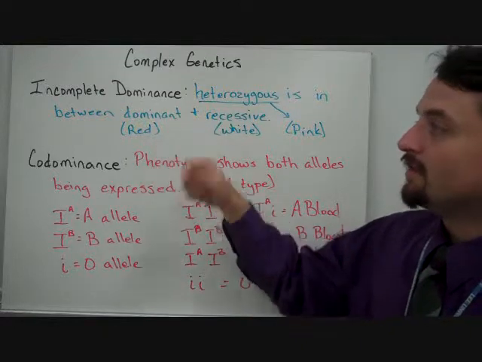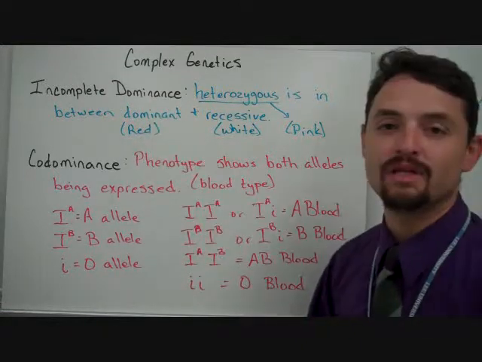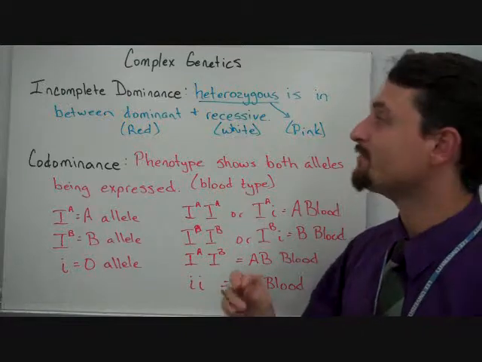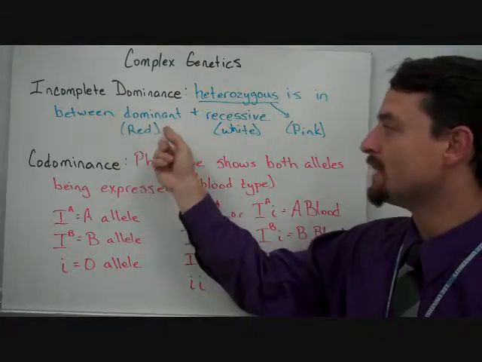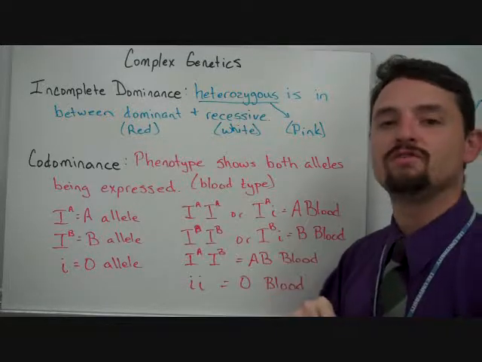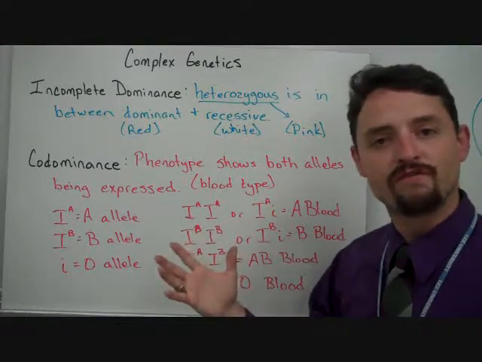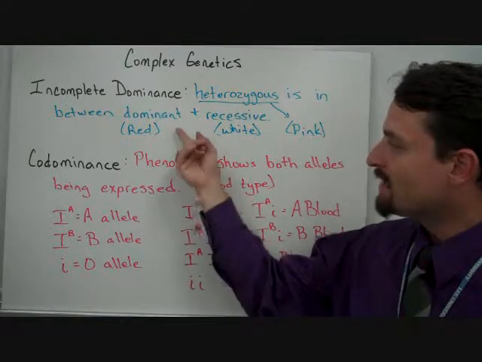Thank you. All right. So we have incomplete dominance as the first type of complex genetics. This is where the heterozygous is in between the dominant and recessive traits. And these are, of course, looking at the phenotypic expression. So you have a dominant